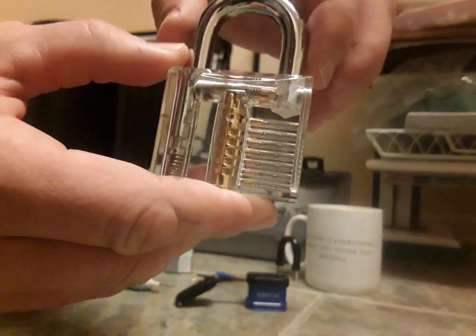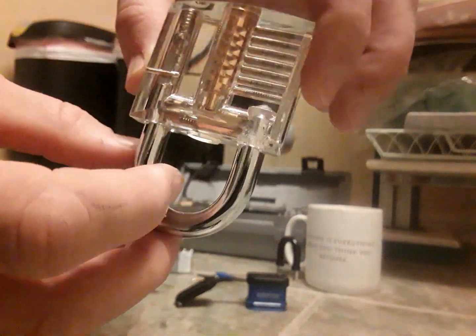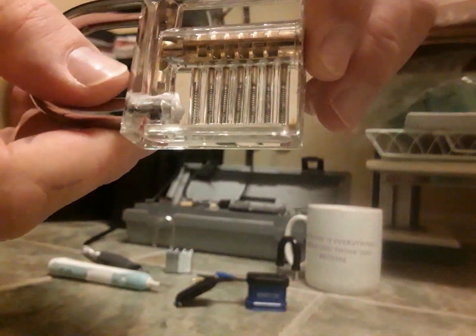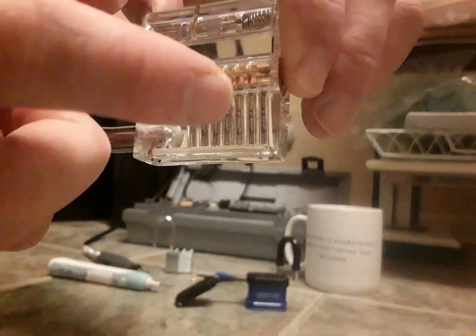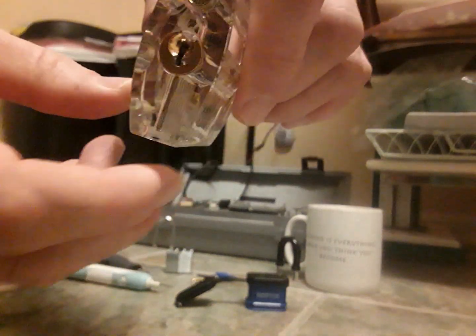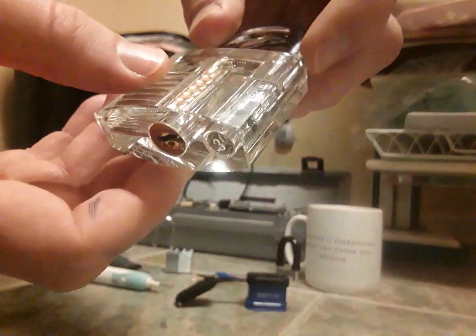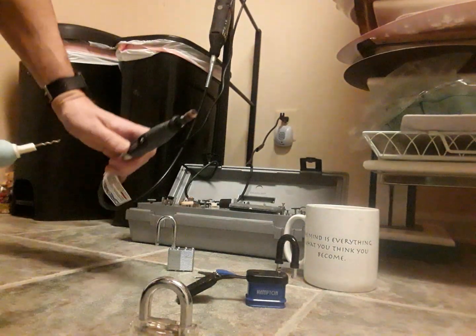With this clear plastic lock, you can see how the inner workings of a key and lock work together, how the pins are moved up with a spring, and you need to line everything up in order to turn the cylinder here. Now, what I've used to create this is an electric toothbrush, a Dremel, which I have hung up,